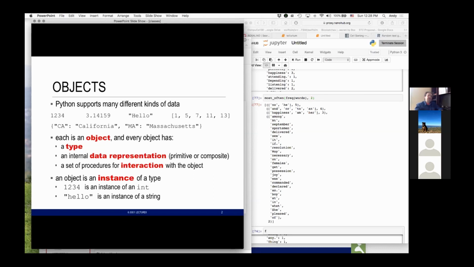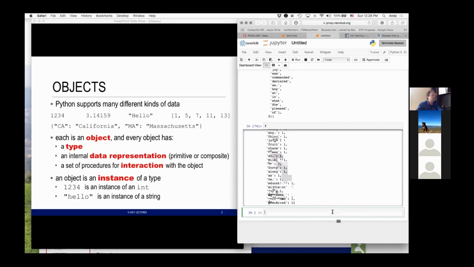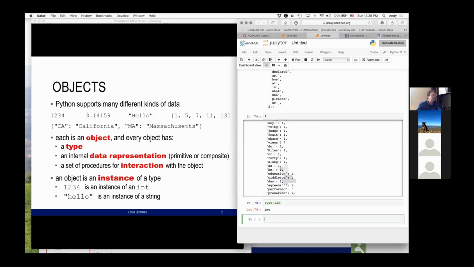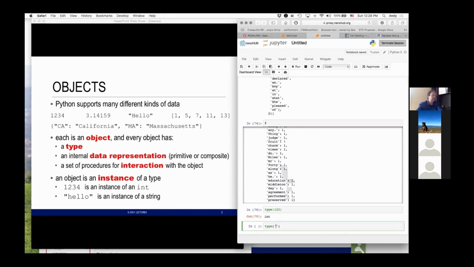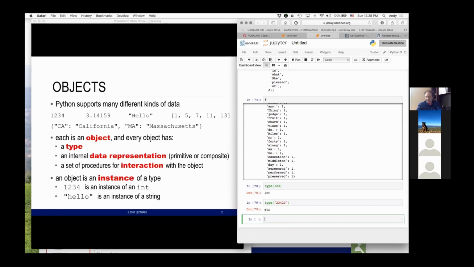And we can check its type simply by doing type. Int. That's its kind, its type. You can also do, if you actually want to get